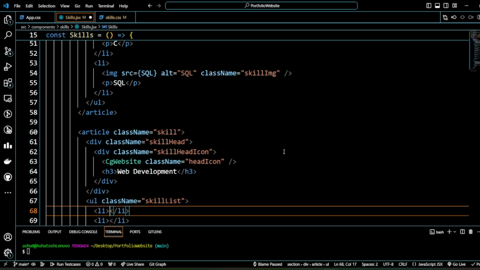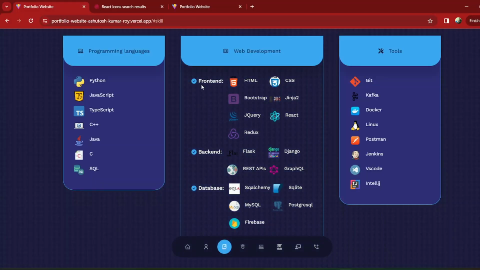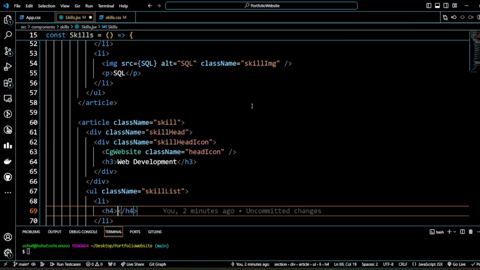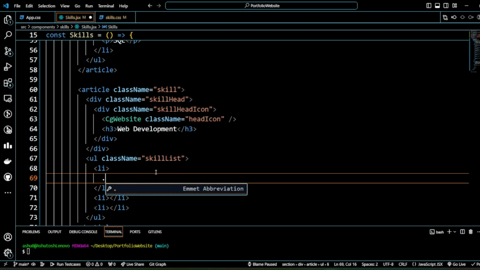Inside this we will have, what do we need, one header. Let's give it a section also. We're gonna give it not h4 directly, let's use some class here, dot skill sublist,